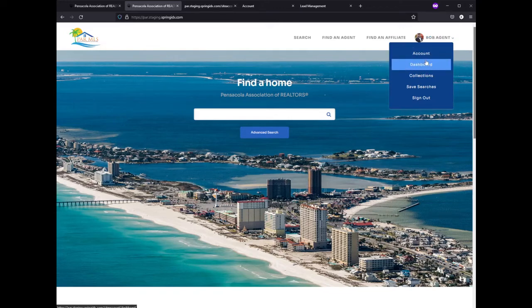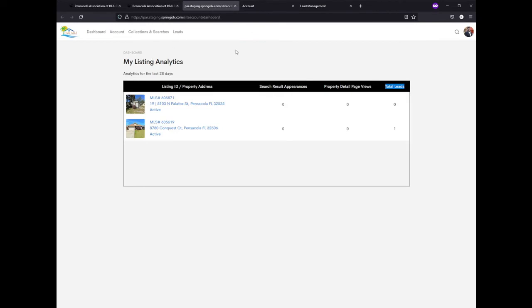So if everything connected properly, you'll see this dashboard option. Consumers do not have this dashboard. So when we click on dashboard, the default page is called My Listing Analytics. If you have any active listings in the system, we're going to show you the metrics for your listings